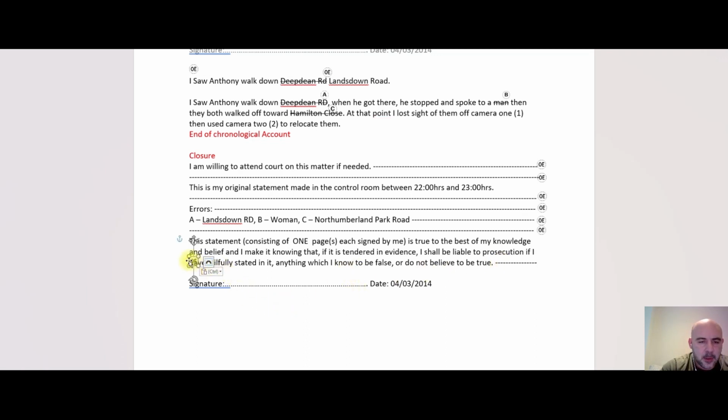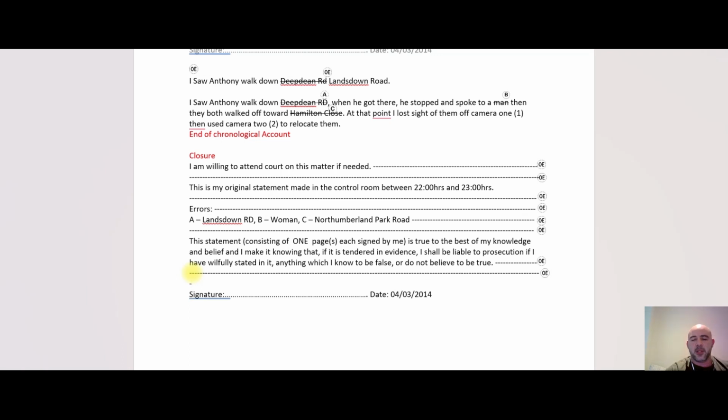Let's go here. That's it. And we can, yeah, let's do one here as well. So that's it. We can do a line up to there as well. So that's it, guys. So obviously, when you are doing your handwritten statements, if there are any lines and gaps, which there shouldn't be too many in the main part of the statement, because you should only have just one line between each section. But obviously, in the end closure, you can do that. Again, if you wanted to,